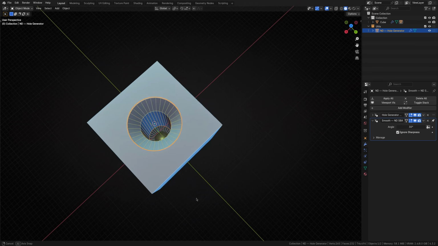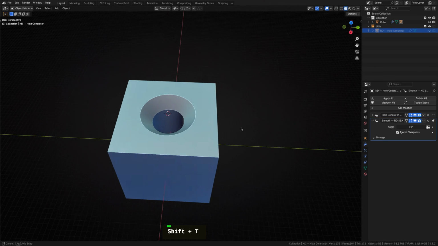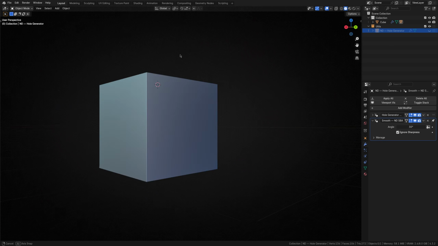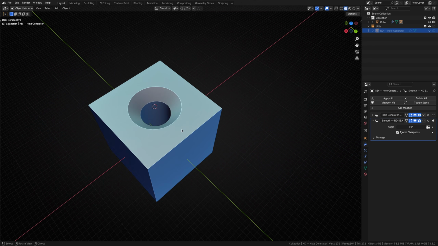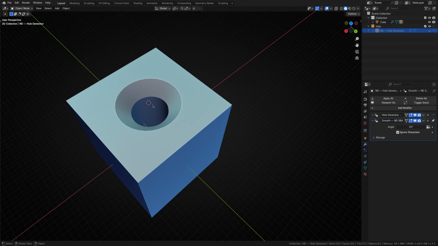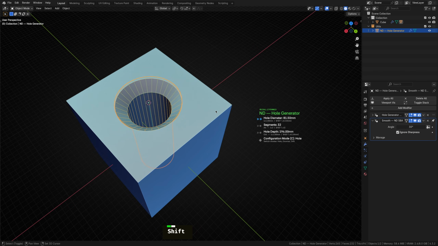The Hole Generator is excellent for all sorts of details and engineered parts. While it isn't a feature yet, we may extend this generator or add a complementary one to generate matching screws and bolts of various types with optional threading. As with most things in ND, the Hole Generator object can always be selected again and the operator recalled to adjust various parameters. It's wholly non-destructive and procedural thanks to geometry nodes.